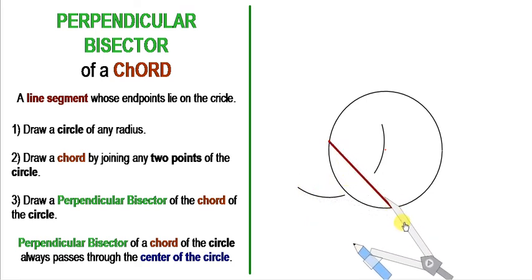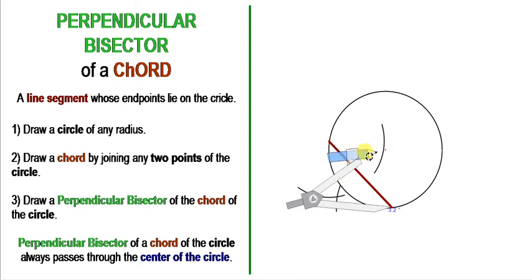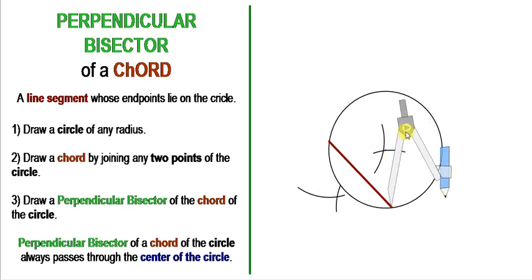Similarly, now I would take the second point of the line segment which I am bisecting as a center and with the same radius. Now I cannot change the radius of this compass, and I take another arc, one arc right here which intersects this previous arc. Okay, now I have drawn the arcs. Now I am just supposed to join these 2 points of intersection to draw a perpendicular bisector.